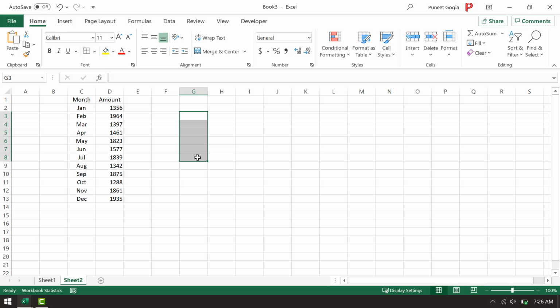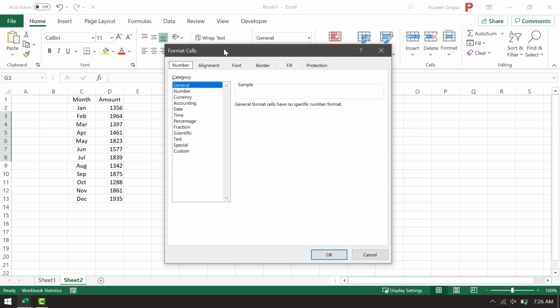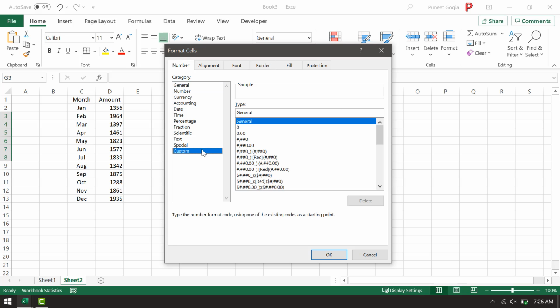and then press Ctrl and 1 to open your formatting, and then go to custom, and in the type input box you need to paste this formatting where I have a bullet point, and then I have the word General, and then a semicolon, and this thing and this 4 times. So if I click OK,